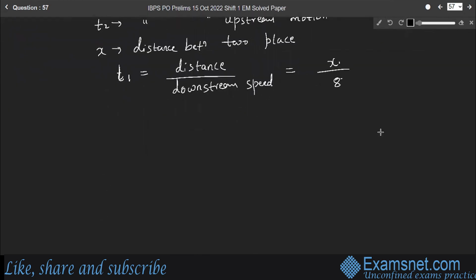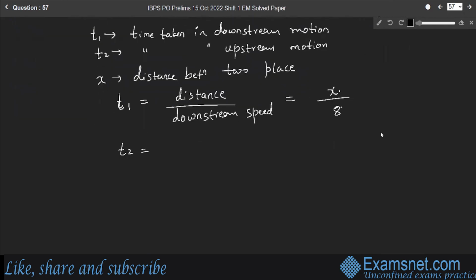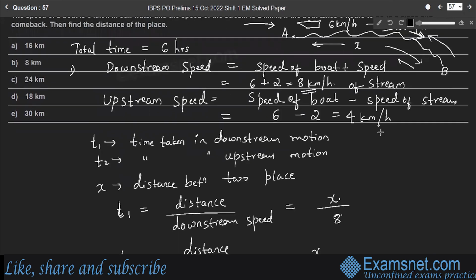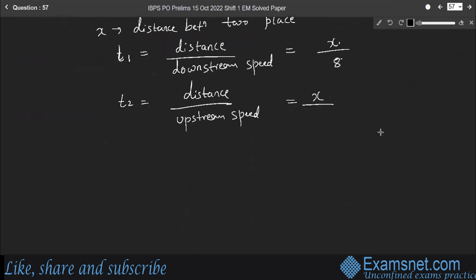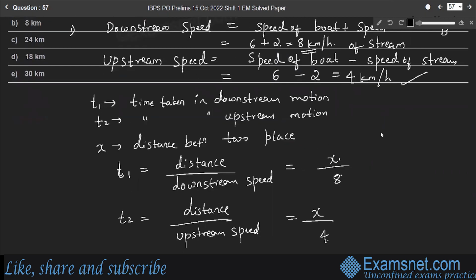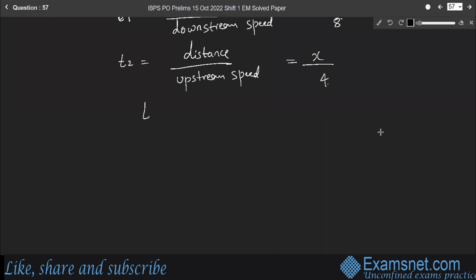And T2 is the time taken by the same boat to come back from that place. So it is distance by upstream speed. The distance is again the same distance X, divided by the upstream speed, which is 4 km per hour. X by 4 is the time taken by the boat while coming back, right? Therefore, total time taken by the boat